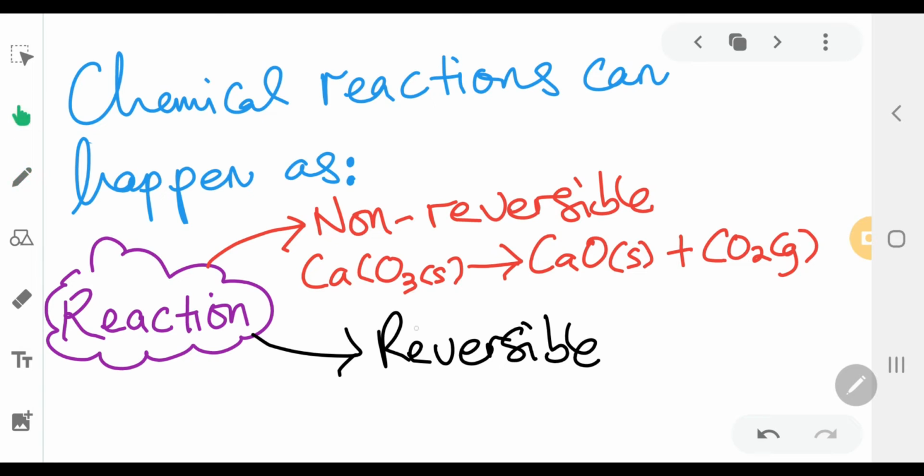When you look at this chemical reaction, it has this arrow, which signifies that it is a non-reversible reaction. What does it mean by non-reversible? When CaCO3 solid is decomposed to CaO solid and carbon dioxide gas, it will no longer be able to